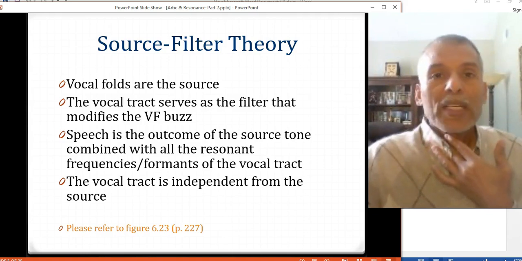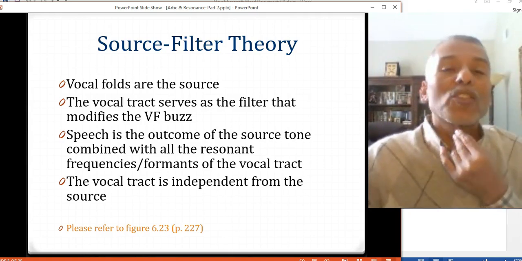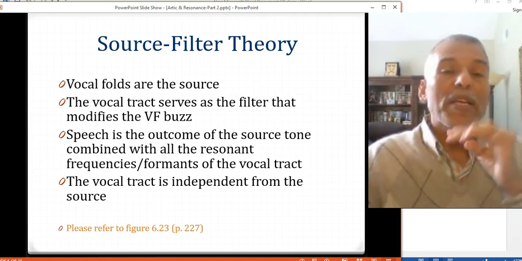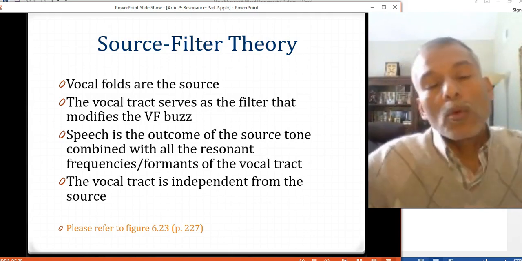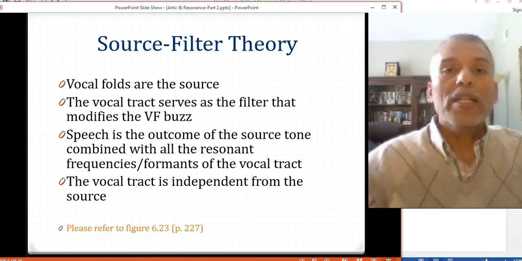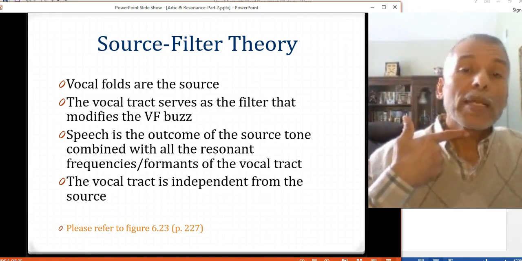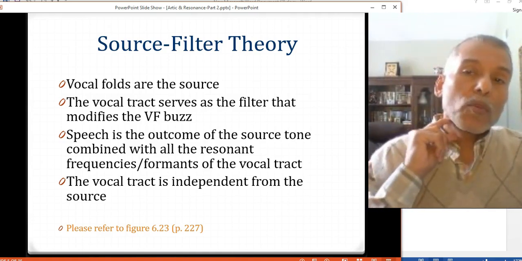I'm sorry. We are supposed to hold the filter steady and just change the pitch of the vocal folds. So you make a sound, the vowel, and change the pitch. So now we have proven, we have demonstrated how the source can function independently, by making a vowel and changing its pitch in the vocal folds, and holding